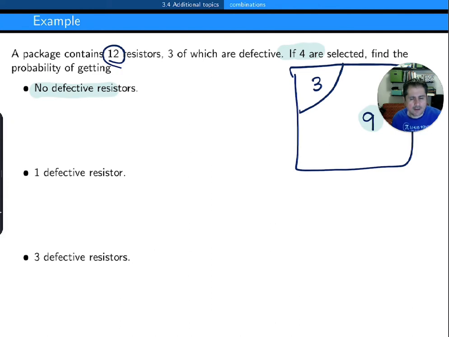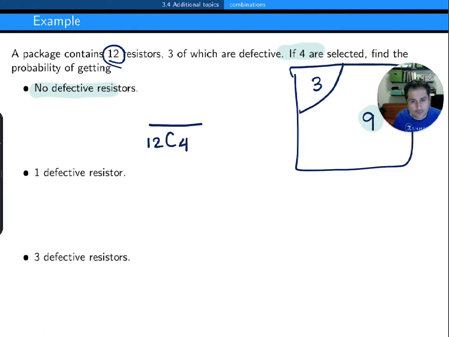It's a probability, so I'm going to divide. In the denominator goes the total number of possible outcomes, and in the numerator it's going to be the number of favorable outcomes. What are the favorable outcomes in this case? It's exactly when I get no defective resistors. And in the denominator, I'm selecting 4 with no restrictions, right? In the past videos, we talked a little bit about this. So that denominator is going to become, I'm selecting 4 from the total, and that's exactly 12C4,